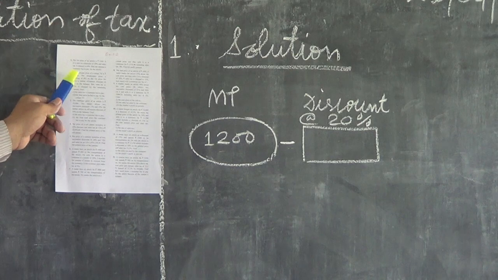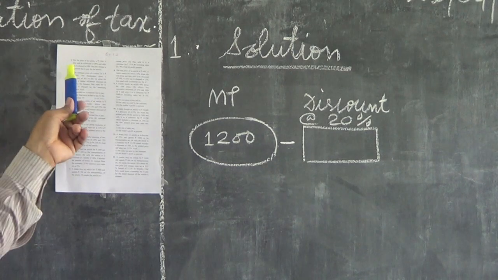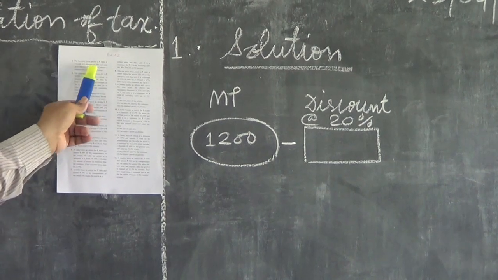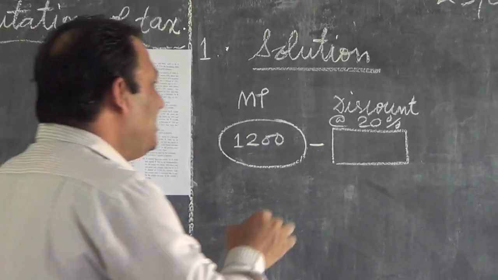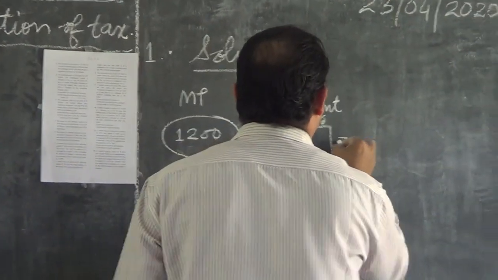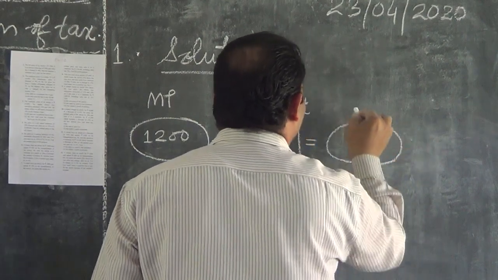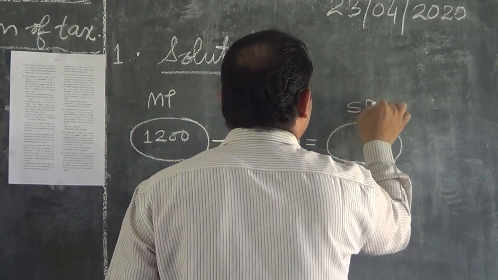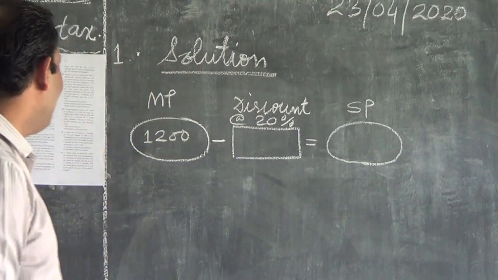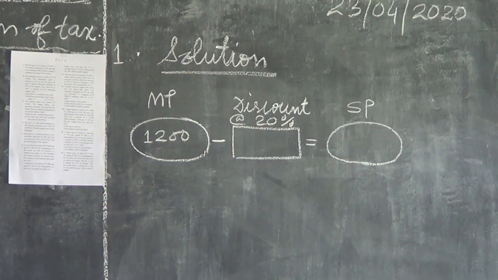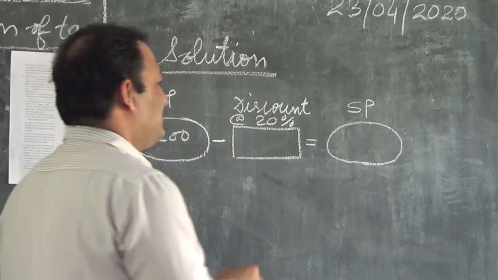Then sales tax is charged at 8%. This will give us the selling price. We got the selling price, and then on the selling price,